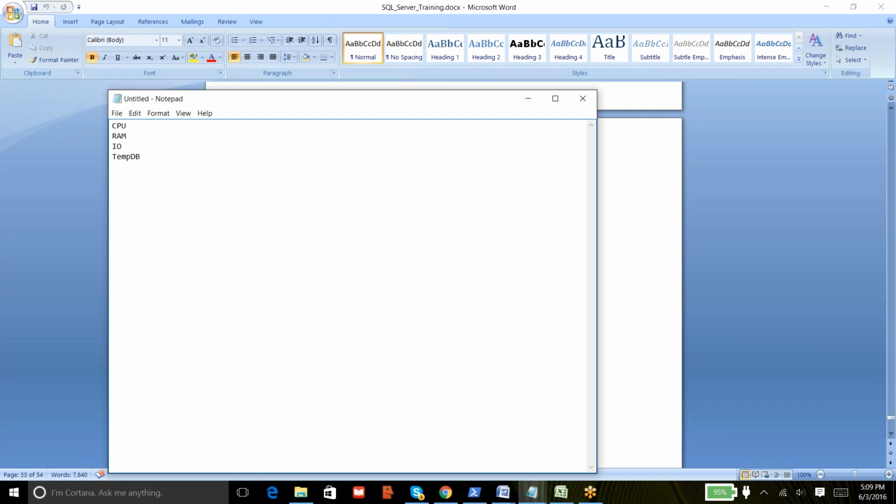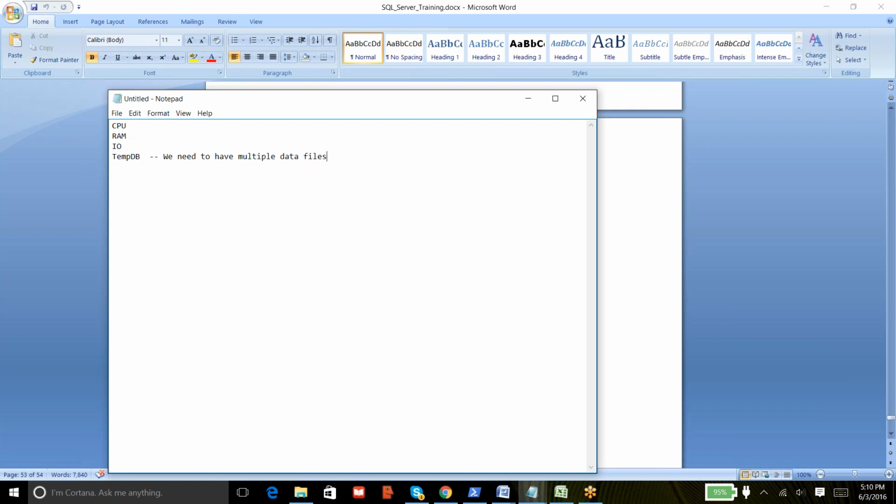If your Tempdb is not configured properly, then obviously you notice your SQL Server will take more and more time. So it is one more important thing that we need to configure our Tempdb database in such a way that we get good IO. The best practice for Tempdb from Microsoft is that we need to have multiple Tempdb data files. By default, Tempdb contains one MDF and one LDF, right? But having said that,